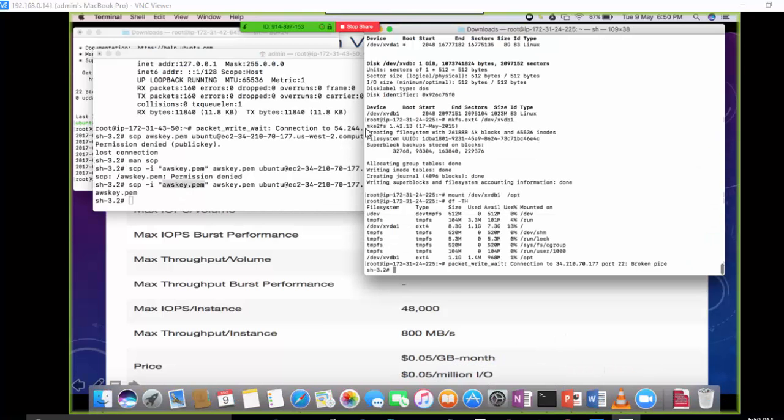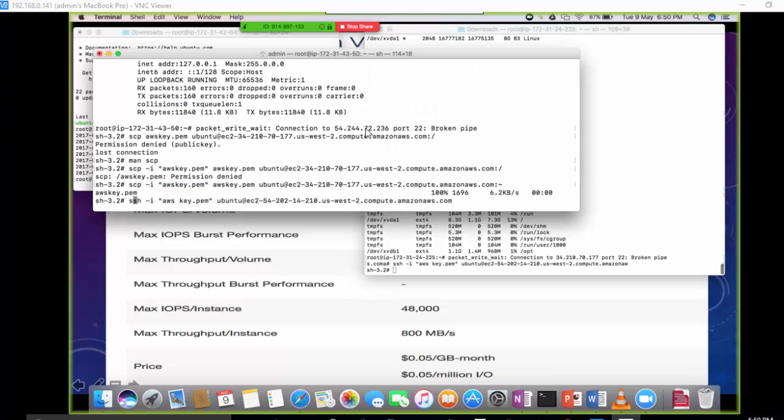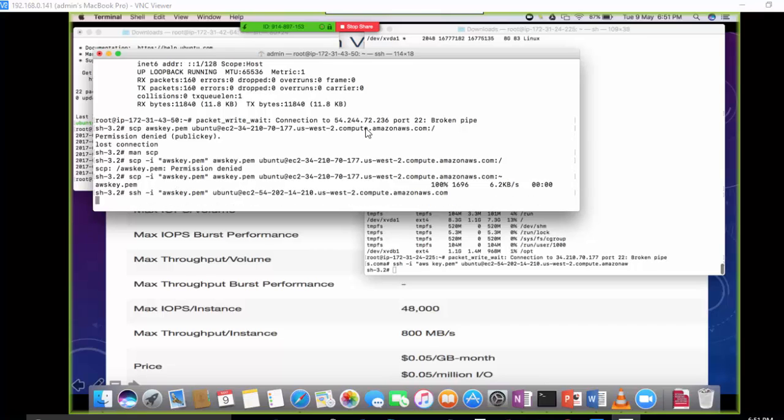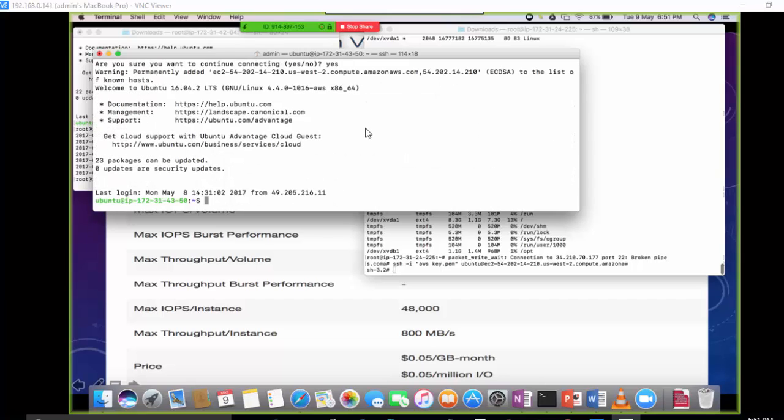Yeah. Okay, and just paste it. Try here. Okay,